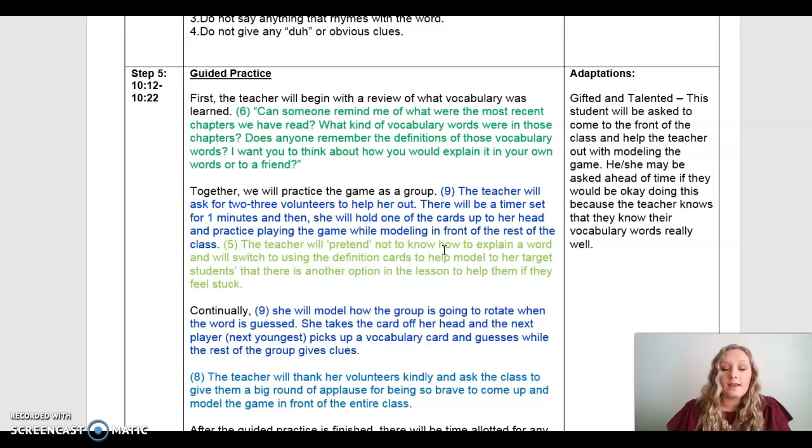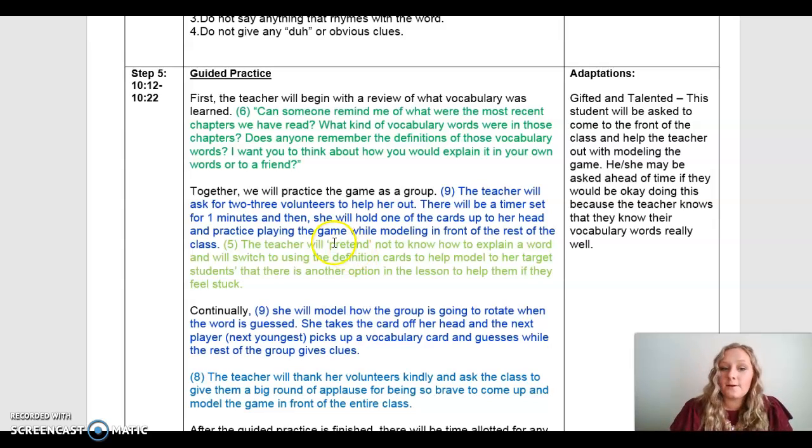learning. And then another modification I made here, the teacher will pretend not to know how to explain a word. I'm going to be a little caught up. I have no idea. I'm stuck. And then I'm going to model how I would switch to the definition cards to help model that for my target students. That way they know that there is another option in the lesson to help them if they feel really stuck. And it kind of shows them that it's okay to be stuck. So I think that's a really good adaptation just in general for any of the students, but also specifically my